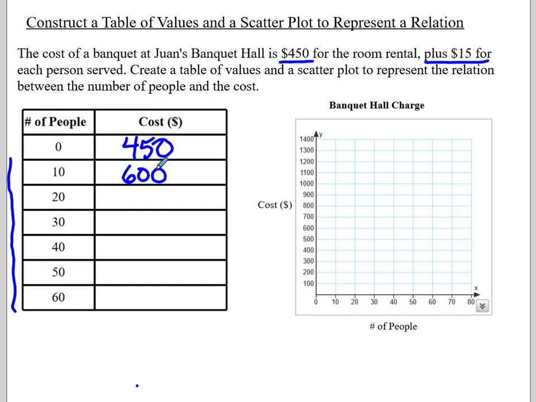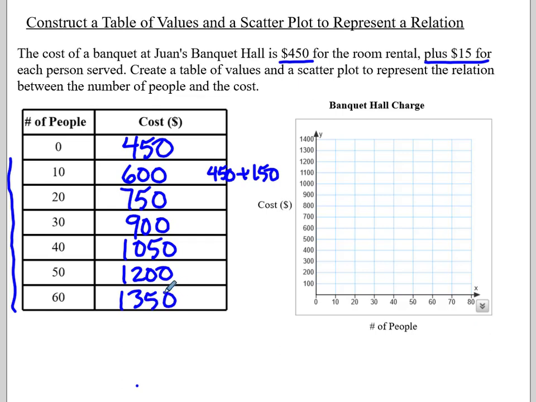$600. That's the 450 plus 150. Okay, and now if I add another 10 people and I jump up to 20 people in attendance, this goes to 750, and then 900, 1050, 1200, and 1350. Okay, and now what I do with this is I take this information and I plot it just like